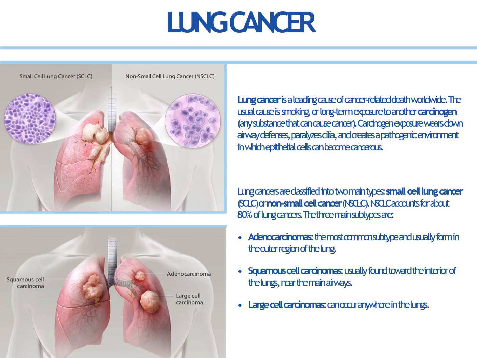Lung cancers are classified into two main types: small cell lung cancer, which is SCLC, or non-small cell lung cancer, which is NSCLC. NSCLC accounts for about 80% of lung cancers. The three main subtypes are